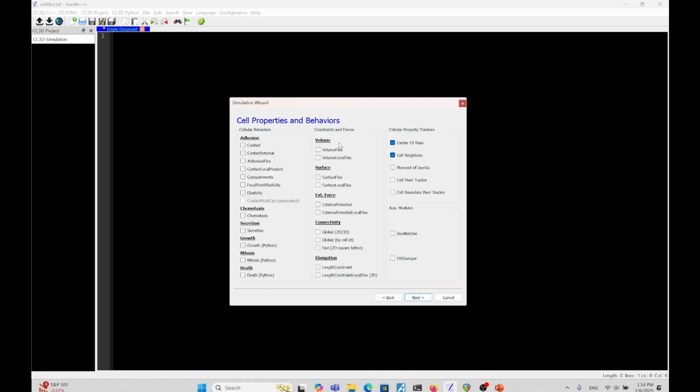Finally, cell properties and behaviors. Here is where you define what are the properties and behaviors the cells will have. For example, in the adhesion behaviors, you can set your cells to have adhesion energies with other cells, which regulate affinity between cells. Contact internal is the same, but when you have cluster of cells, you can distinguish what is